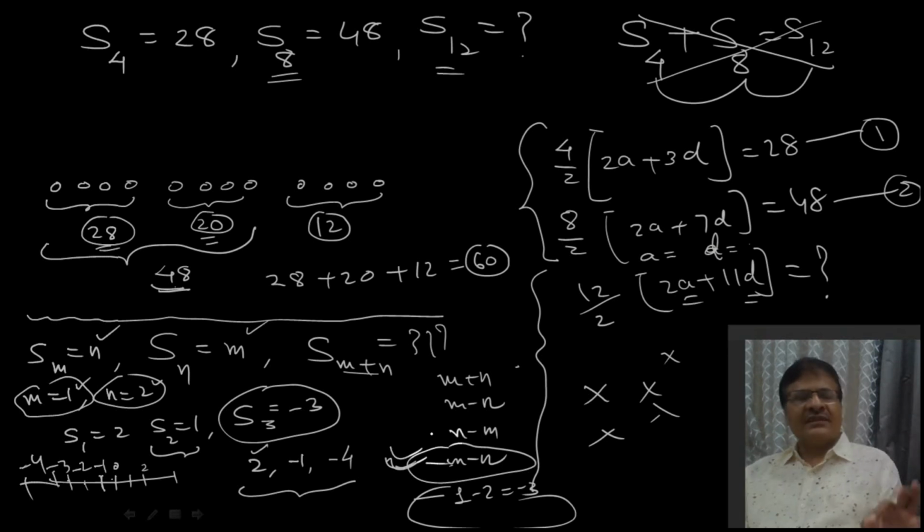So that way, instead of using m and n, you put some very small numbers in that, and you can determine which one is the answer. I hope this is clear.